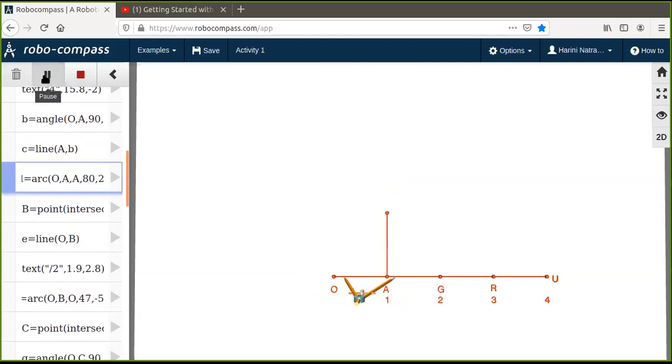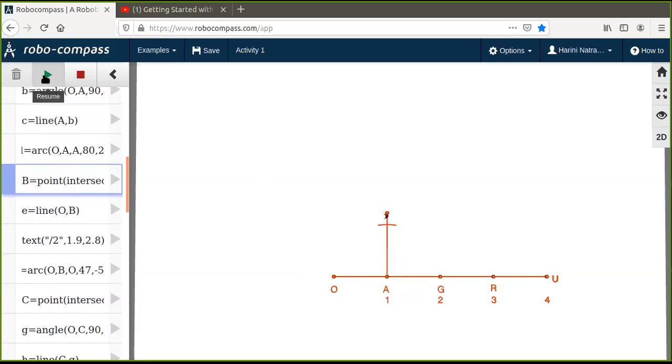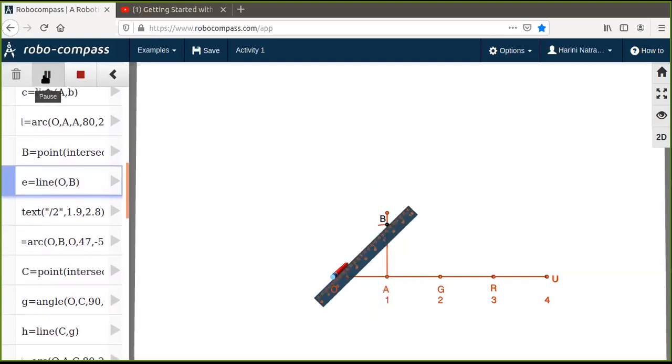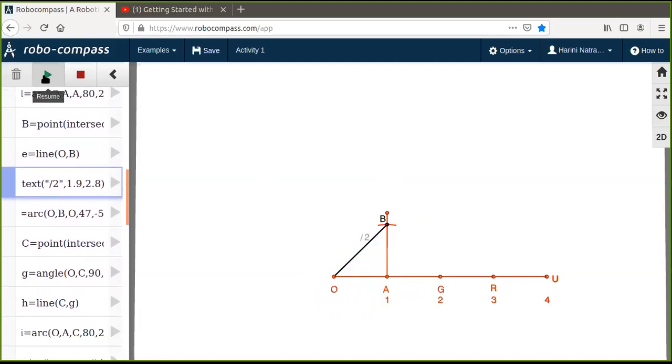So once the 90 degrees is ready, I take OA as the radius and I cut an arc on the 90 degrees that I have constructed. And I mark that point as, say, B, and then join it with a straight line. So what did I do? I'm just repeating. I have taken the length OA in my compass, kept my compass at A, and I have cut an arc. And I name that point of intersection of the arc and the 90 degrees as B.